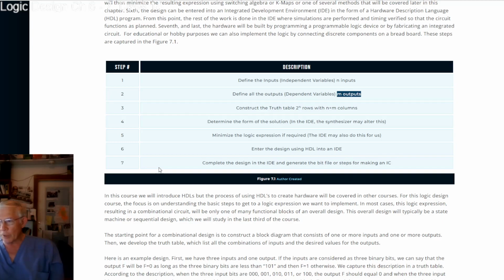So although it's called complex logic device, it's actually pretty simple. So CPLD versus FPGA. There are smaller programmable logic devices that we can use, but they're kind of falling by the wayside because